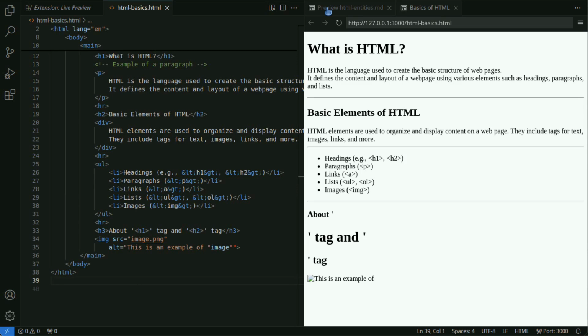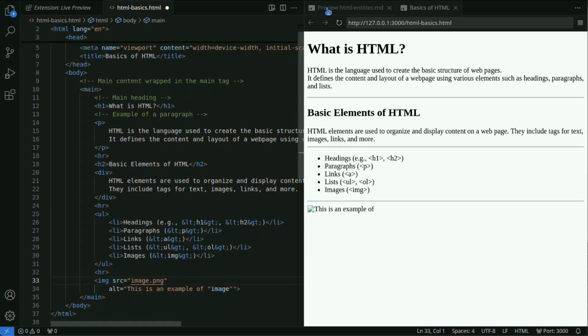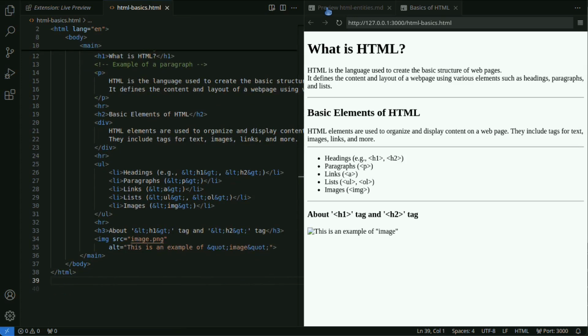Now, let's correct them using special characters. By using special characters, the H1 and H2 tags and the text, image, are now displayed correctly.